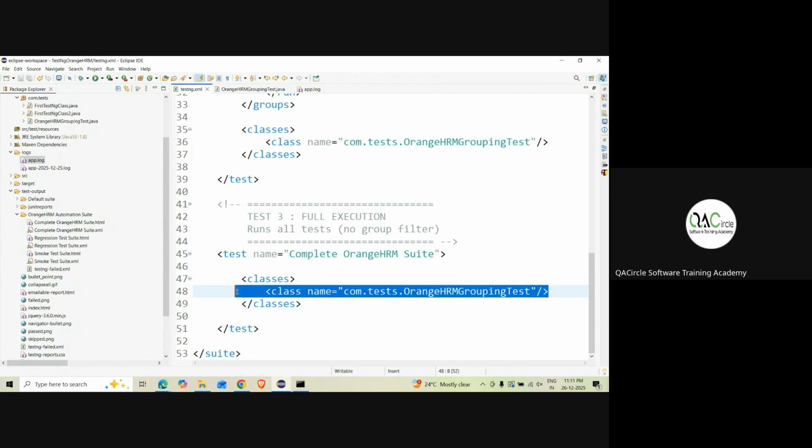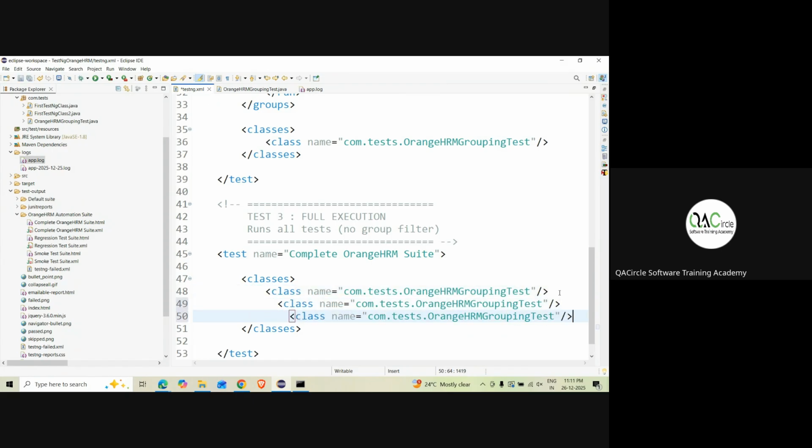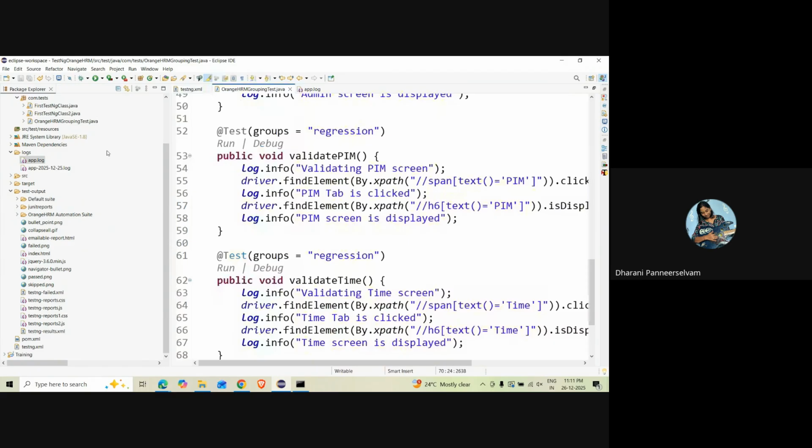Any doubts, guys? Anything else? If I give like this more, it should execute more. So any doubts, guys? Sir, I have a doubt. Is it running properly? Yeah, go on. So in this testing XML,